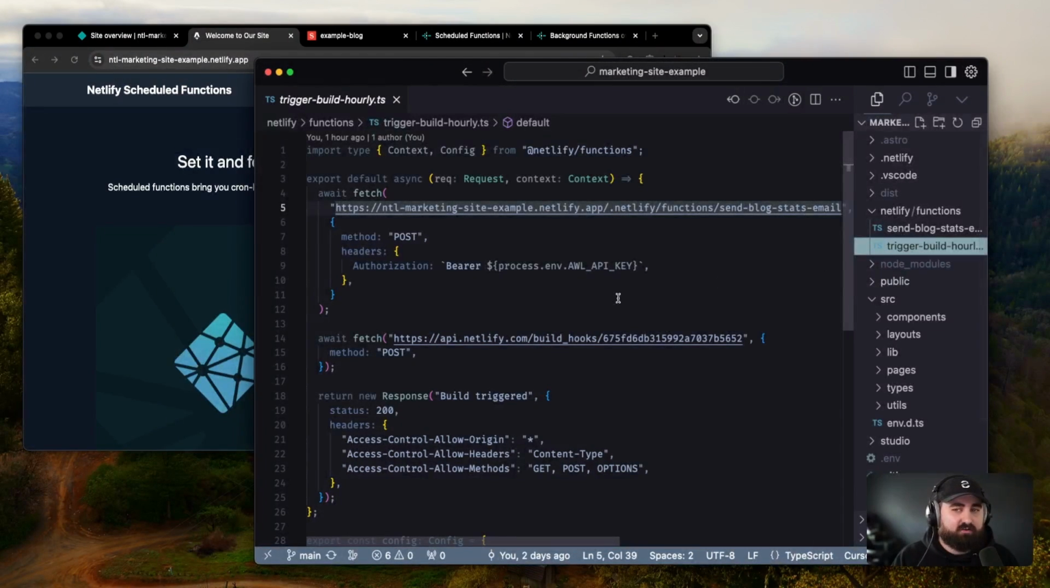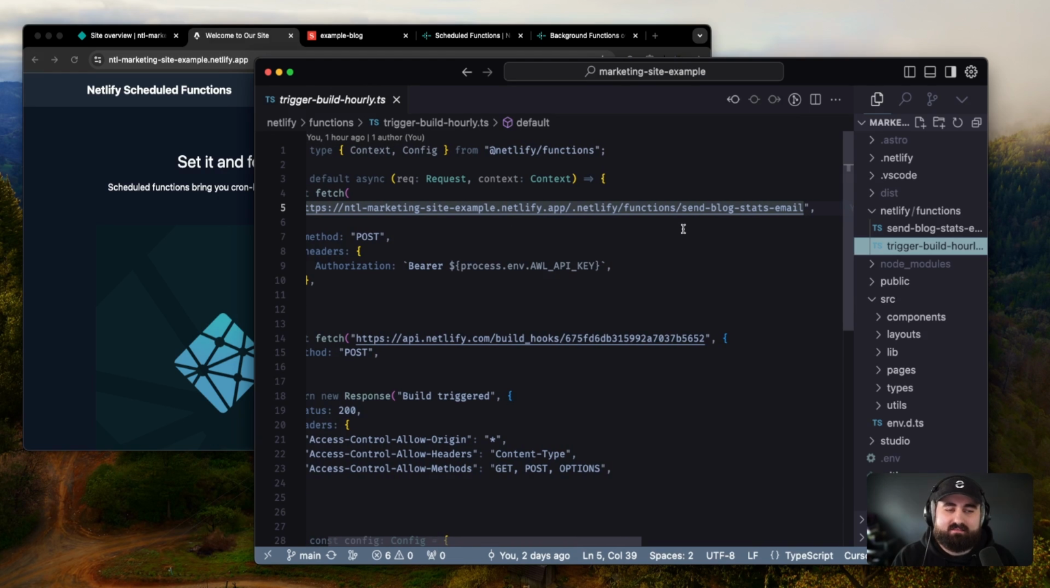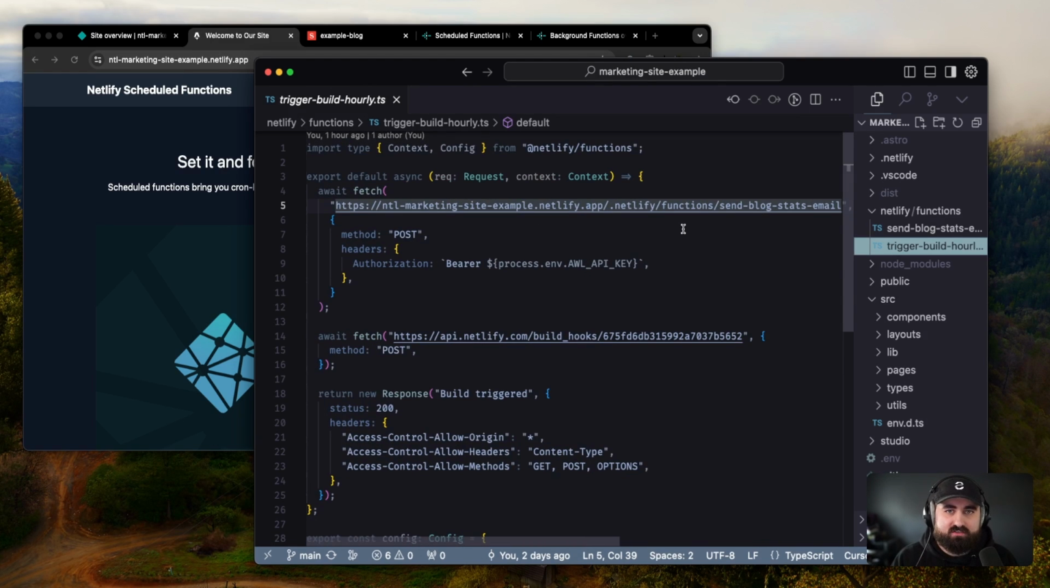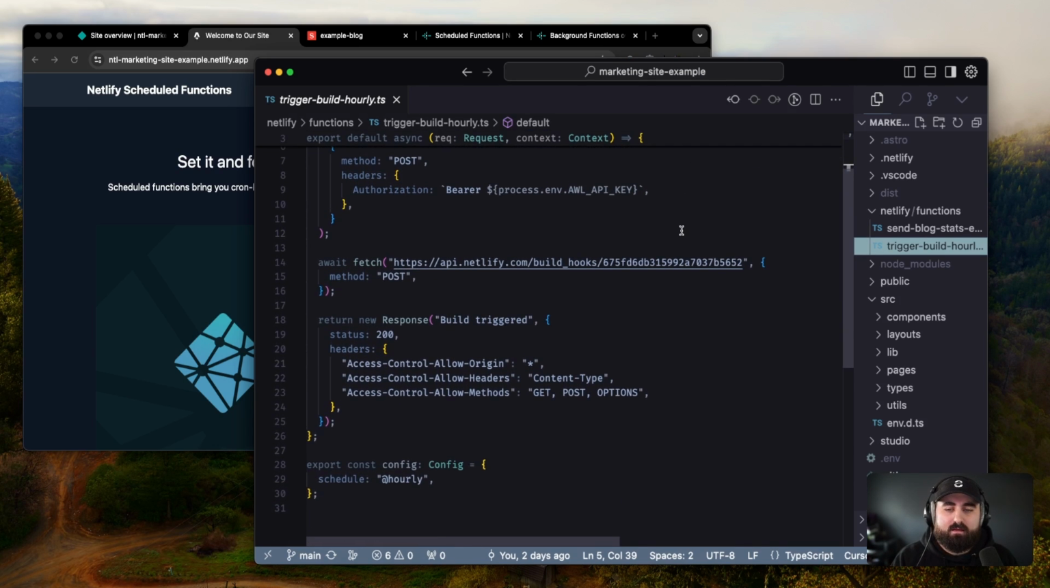If you look here inside of our trigger build hourly function, it's a pretty basic Netlify function setup that you're used to. You'll see here at the top, we're making a call to a send blog stats email. That's our background function. That's going to be collecting stats for the blog and sending it off to the email. Below that, you'll see our build hook trigger. When we send a POST request to this, it's going to kick off a deploy on Netlify and then rebuild